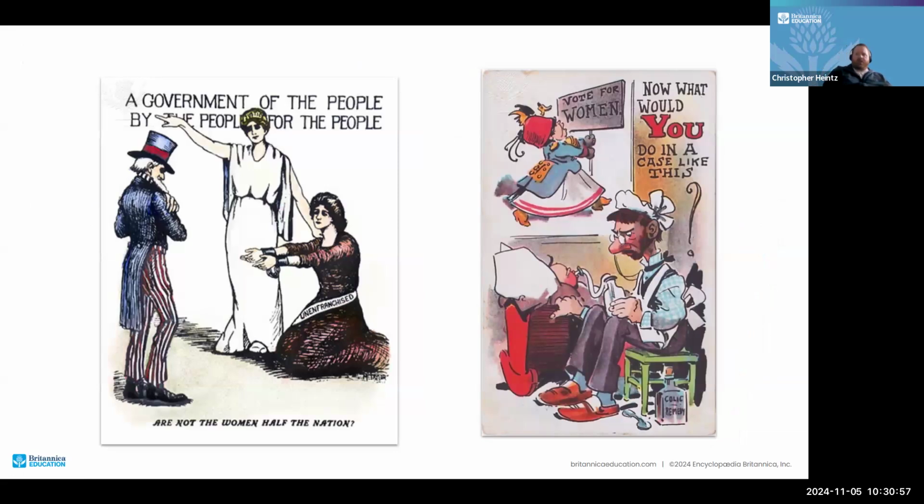Two different perspectives. On the left, we have one that is about women's suffrage, but it's in support of it. It's saying, why shouldn't women have the right to vote? And you've got your Uncle Sam over there. And then on the right, you have, why would you want to do this? Women are out trying to fight for votes, but they're leaving this poor husband to take care of a sick child. Having had sick children at home,